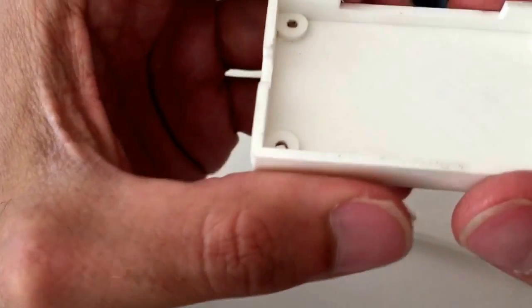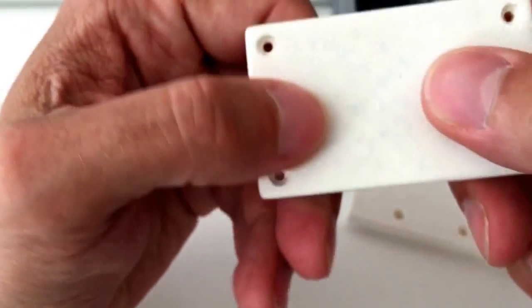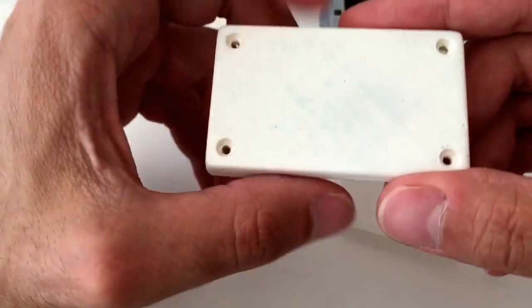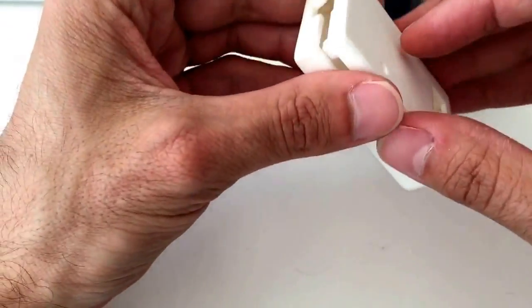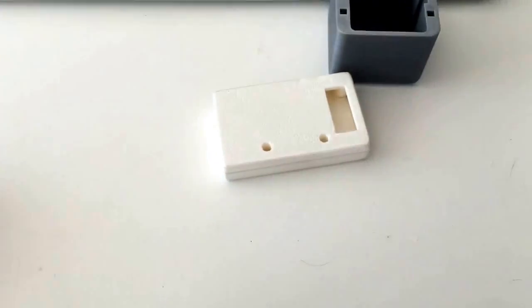So while the tops are pretty clean and neat, the bottom had that typical finish of when you apply stick glue to the print bed. And of course I have a lot of material in my lab, but I had never thought about it. So I found a piece of...